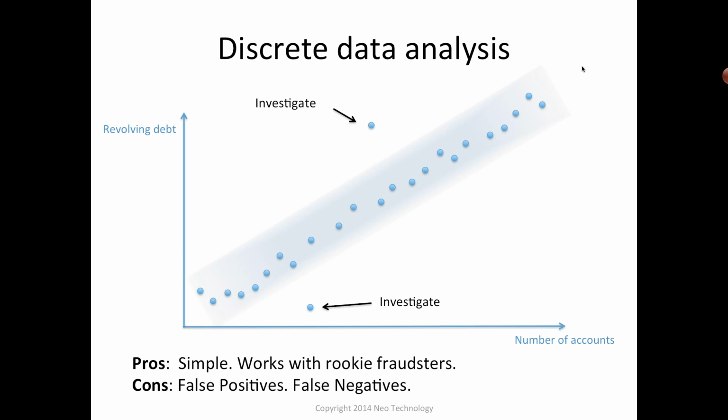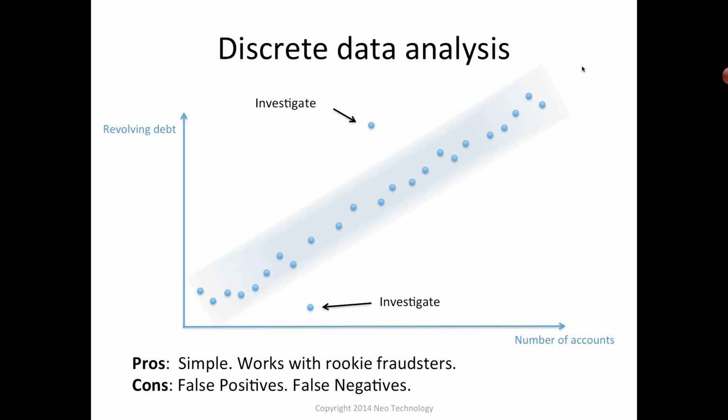And if you have data points that are way above or way below what is considered normal behavior, then you investigate those. You have to know that the cost of investigation is very, very high. Investigation is performed by units called SIU, Special Investigation Units, and those are people who are